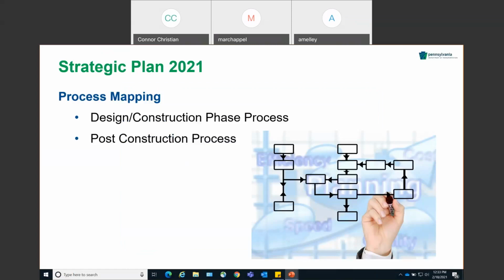So one of our long-term items, we do plan on having this complete here in 2021. It just takes a little more work, is the process mapping. So this is literally going through and mapping out the process of design and construction and post-construction process. And this is all about understanding the difference between the current state and the end state when digital delivery is